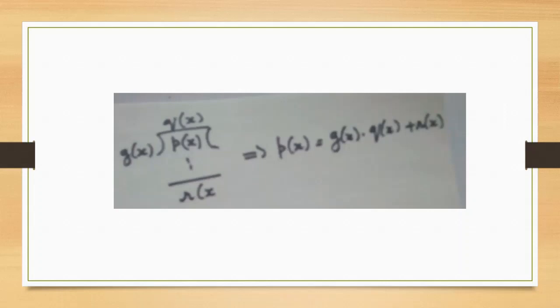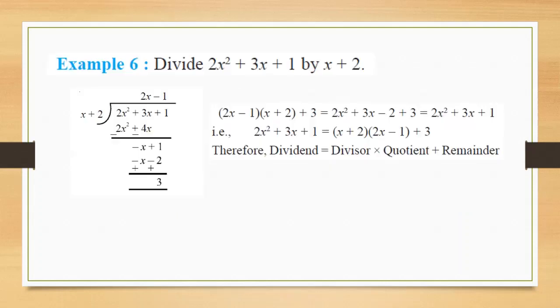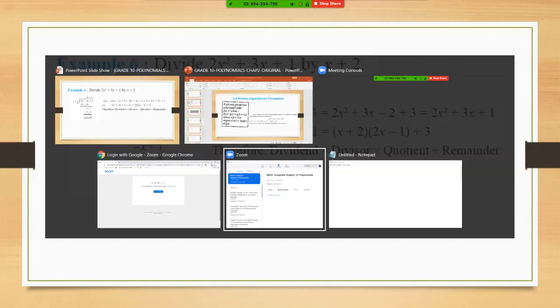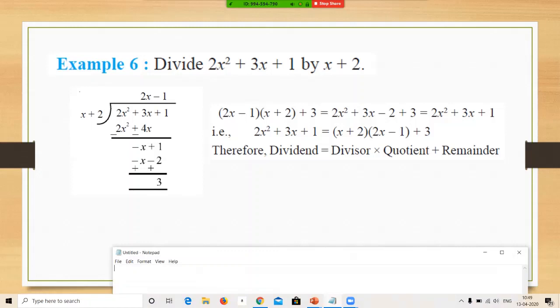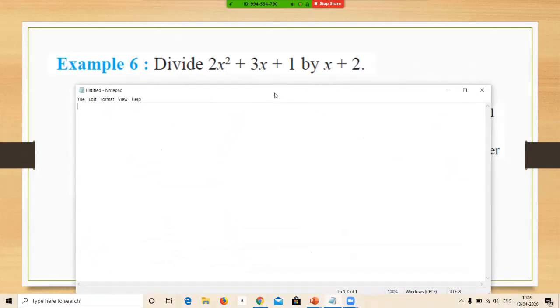Now, just to check your knowledge, let's start. What you will do, children, is you'll just shut your textbooks. So here goes the sum. I will hide the working part. So let's start. Now, divide 2x squared plus 3x plus 1, this is your dividend, by x plus 2, which is your divisor.